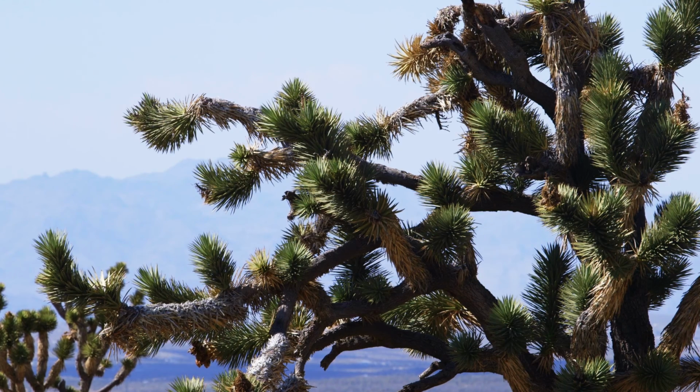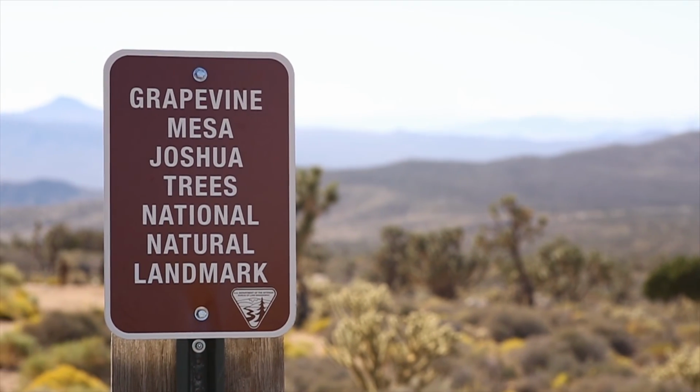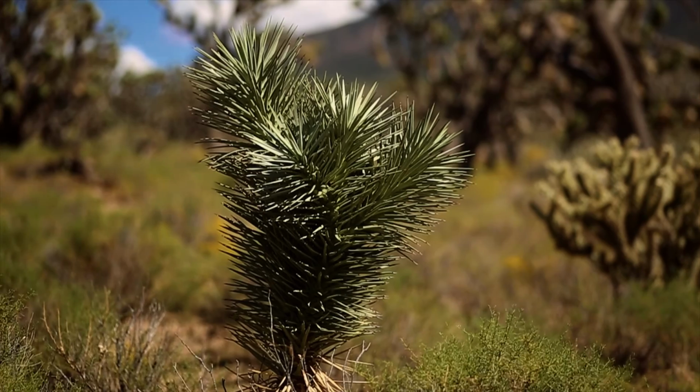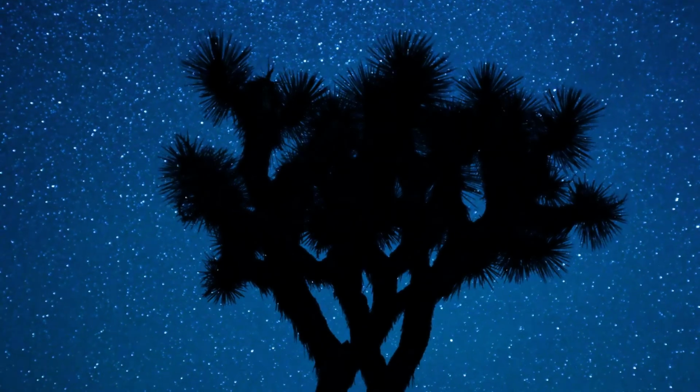The Friends of Joshua Tree Forest have become collaborators of our research group, or we're collaborators with them. They invited us to come over and talk about Joshua trees and wanted to know if we would be interested in the Joshua trees over there and helping them promote what a wonderful Joshua Tree Forest it is. We have worked together in the field. We teamed up. We did a citizen science course all together last spring